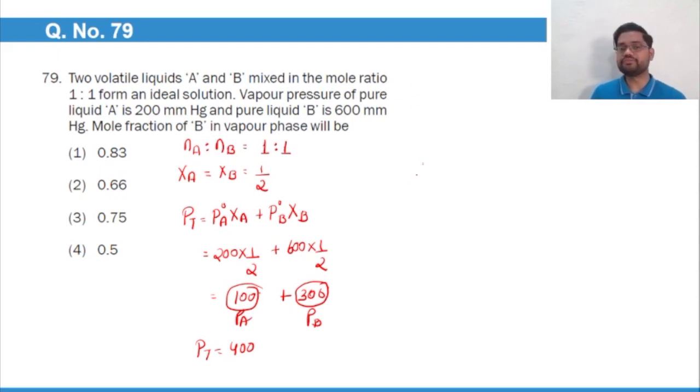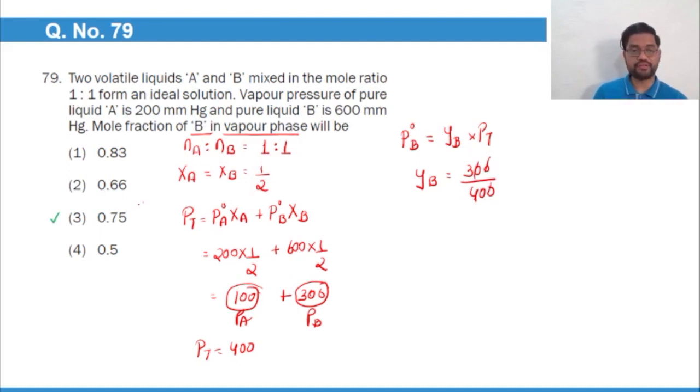Now, according to Dalton's law, what is required is the mole fraction of B in vapor phase. Mole fraction of B in vapor phase. So, can I say that PB will be equal to the mole fraction of B in the vapor phase into total pressure. So YB is equal to PB, which is 300, whereas total pressure is 400. If you cancel out this thing, you'll get 0.75, and hence the option is